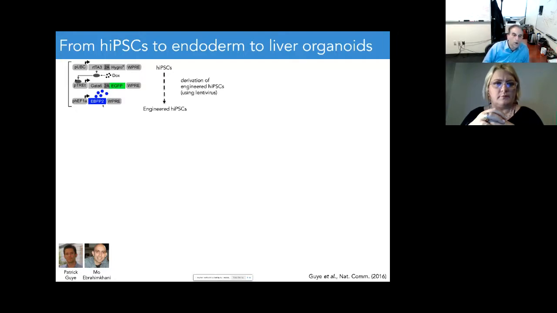Okay. Now, we put this genetic circuit, so we made a piece of DNA, we put this genetic circuit in these stem cells. But what happened is that we actually put these circuits in different copy number in the different cells across the population. And as a result of that, some of the cells, when we added DOX, made a lot of GATA6, and some of them made a little GATA6. So we had really a diversity of GATA6 expression levels. Now, we didn't think this was great, but we said, let's just see what happens. We typically want to have very precise control, but here we said, this is what we have at our disposal. Let's just go ahead and see what happens.